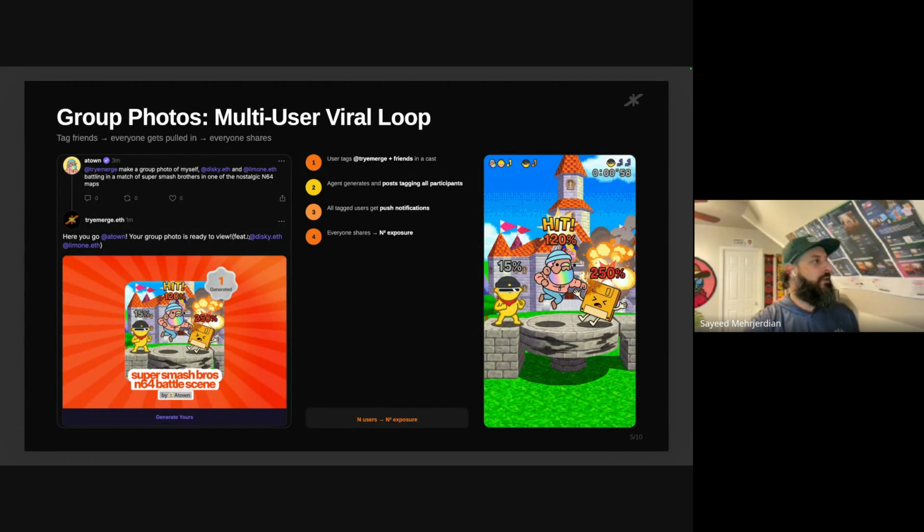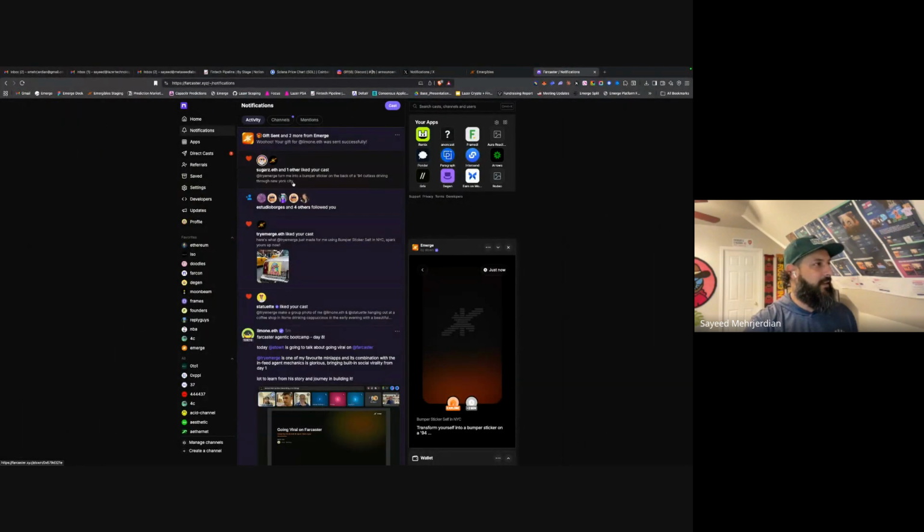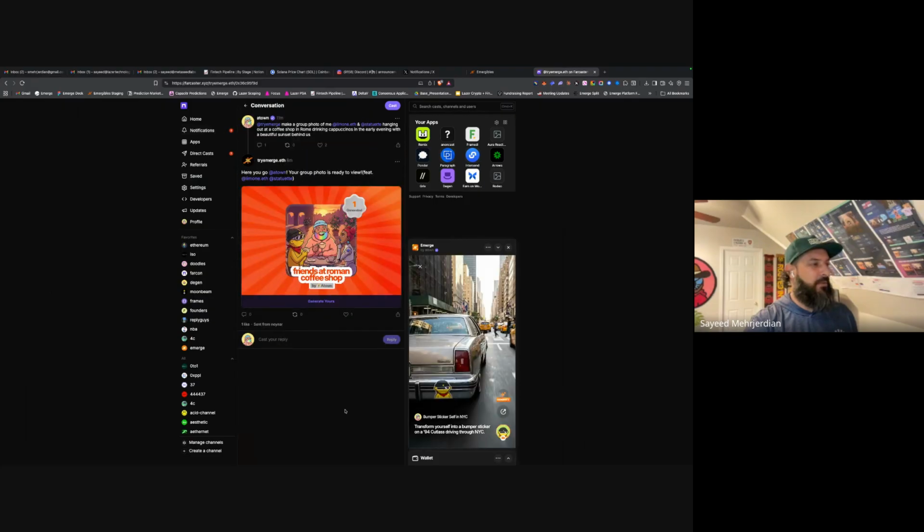Here's another example of a feature we built that played even further on these hacks. We created a feature that lets you do group photos. So I can directly from the timeline say, make a group photo of me, Disky, Limone battling in a match of Super Smash Brothers. And the app responds with the mini app showing the output, and it tags the two people that I tagged. So they get a notification and you can see the output's really fun. It's personalized to them. Right before this, I actually made another one that I'm hoping Limone is going to like. I asked for a group photo of me, Limone, and Statuette drinking cappuccinos as the sun goes down in Rome,